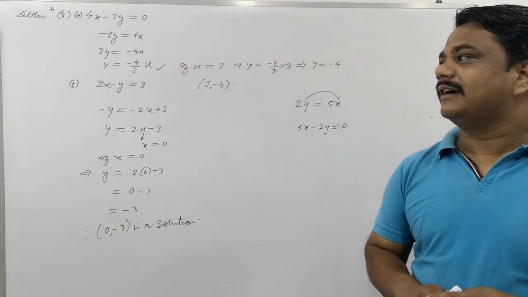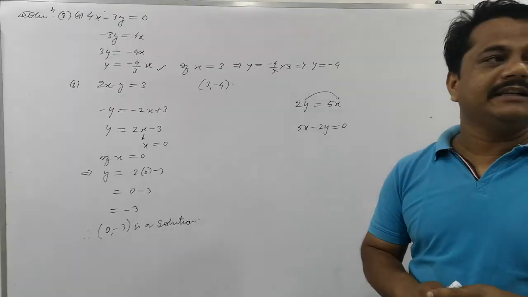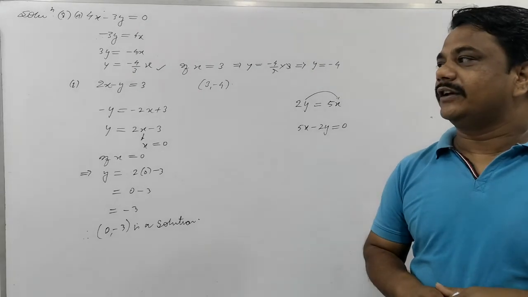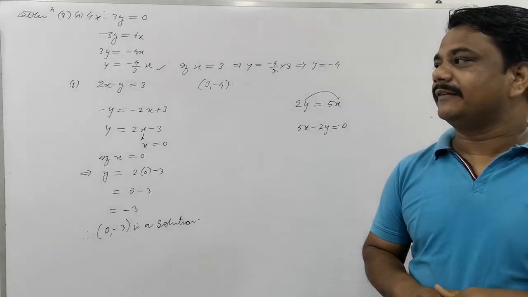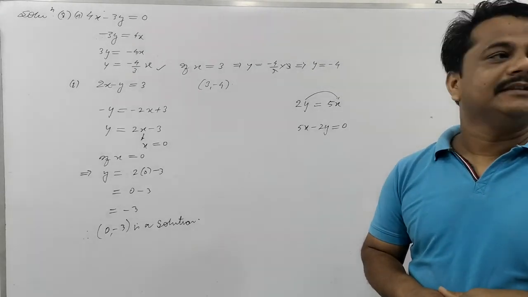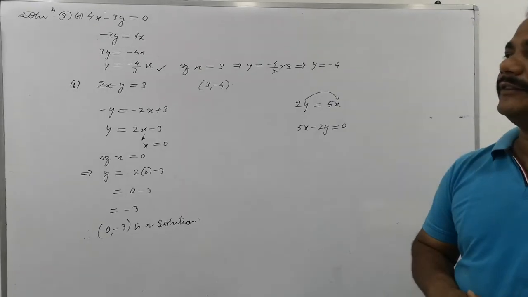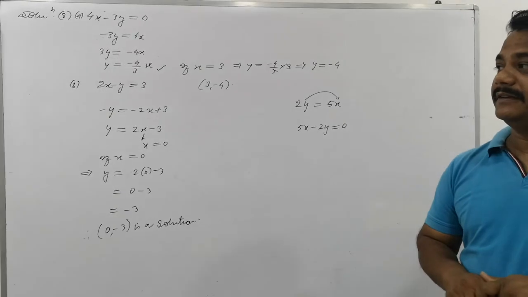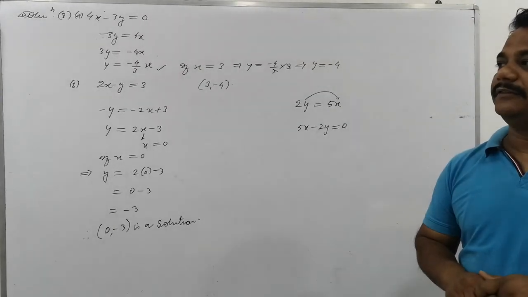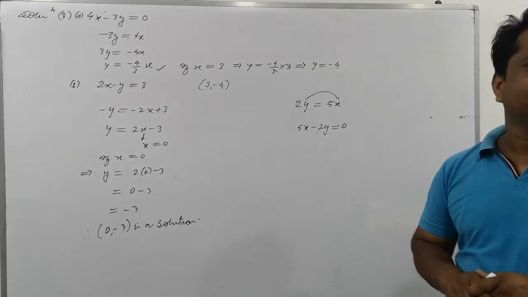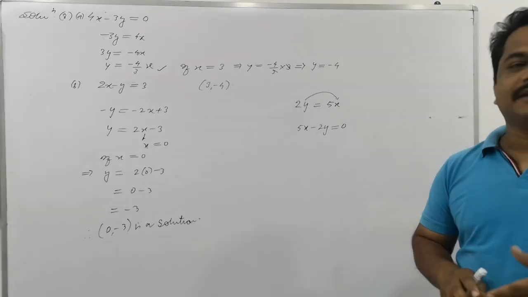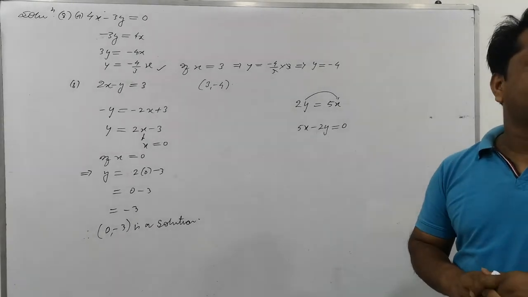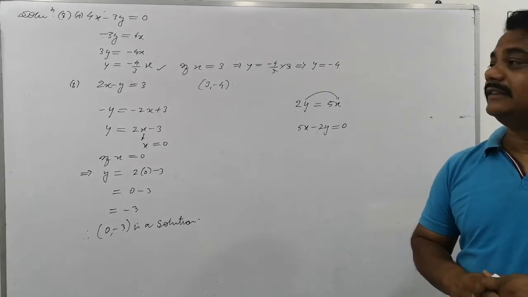Ramesh is driving his car with a uniform speed 80 km per hour. Draw the time distance graph. From the graph find the distance traveled by him. It's an interesting question. Uniform speed. You have to draw the time distance graph. How can we do this? Along x you will take time and along y you will take distance.